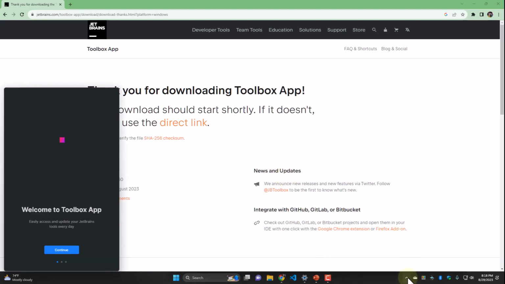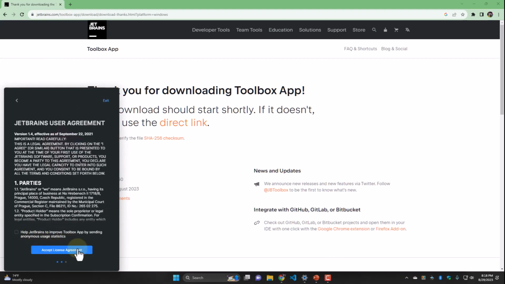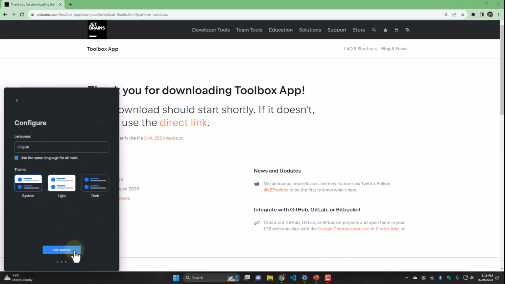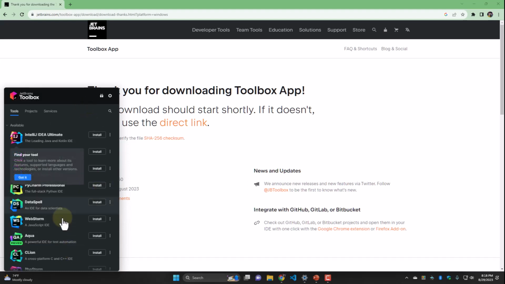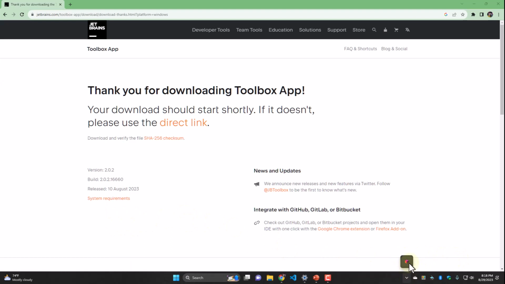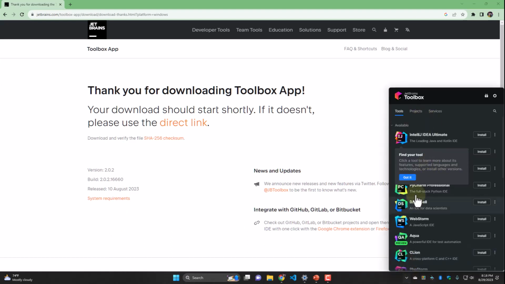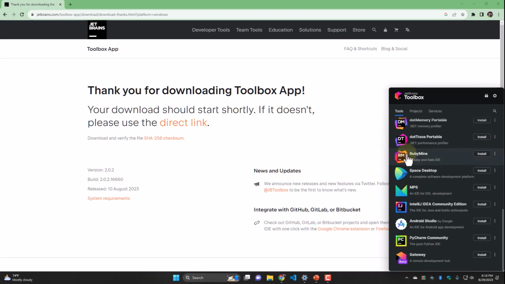And we'll see that we have the little pop-up here. It's going to come up automatically. Go ahead and hit continue just to kind of walk through accepting the license agreement and all that type of stuff. And poof, there's our JetBrains Toolbox. Now you can also get to it just by clicking on that little taskbar item. Boom, there it is. So what we're going to do is scroll down until we see Android